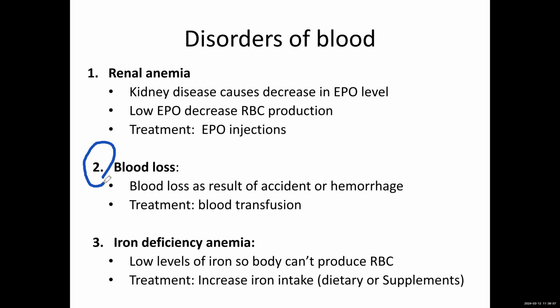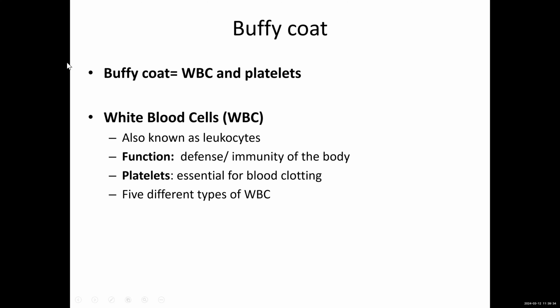Blood loss can also lead to anemia, blood loss as a result of an accident or hemorrhage. Hemorrhage is bleeding, treatment, blood transfusion. And this is iron deficiency anemia. It's actually the most common type of anemia, when we have a low level of iron, so the body cannot produce RBCs, and treatment is to increase iron intake in the diet or with supplements. Okay, so